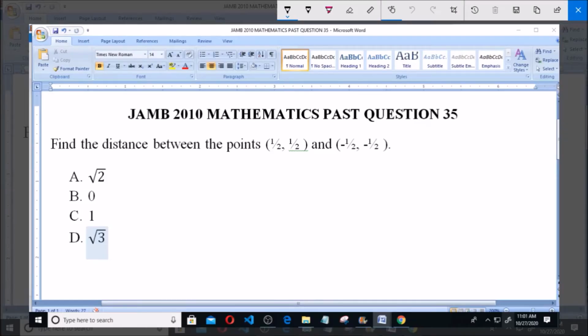I will be answering JAMB 2010 Mathematics Past Question 35. Find the distance between the points (1/2, 1/2) and (-1/2, -1/2). A √2, B 0, C 1 and D √3. So we have to find the distance between the points. Distance between the points. Now distance